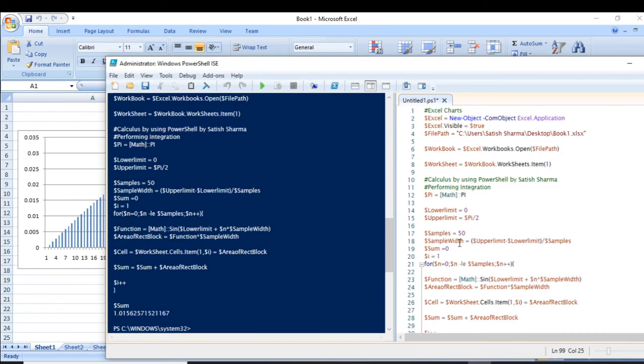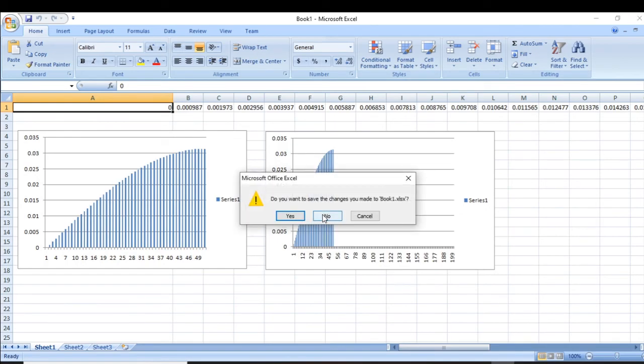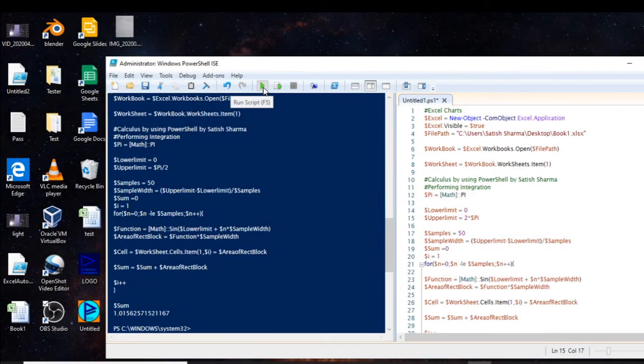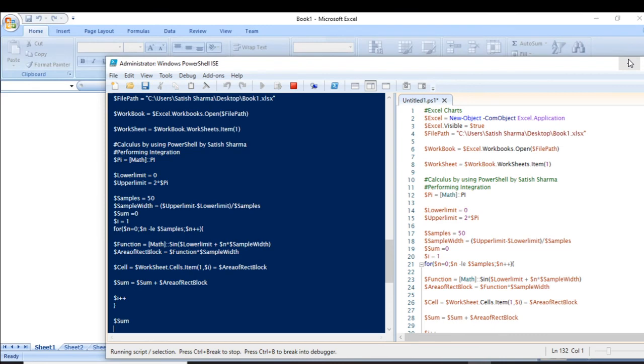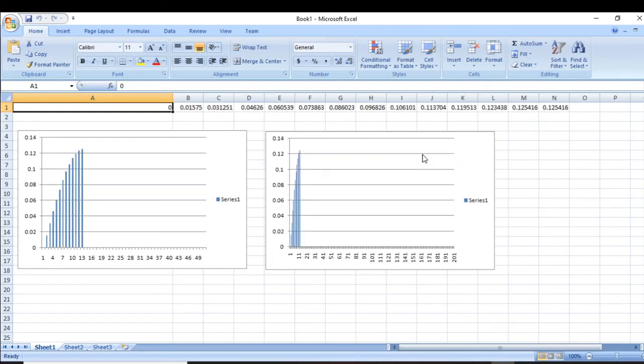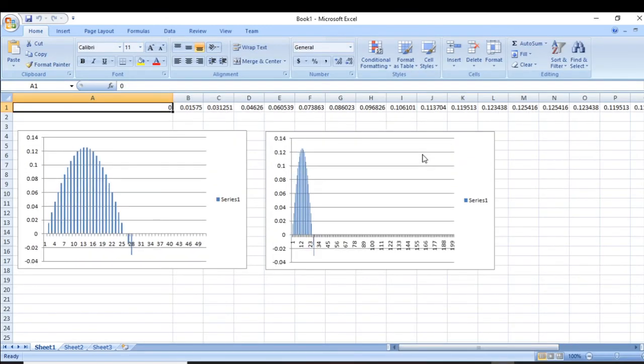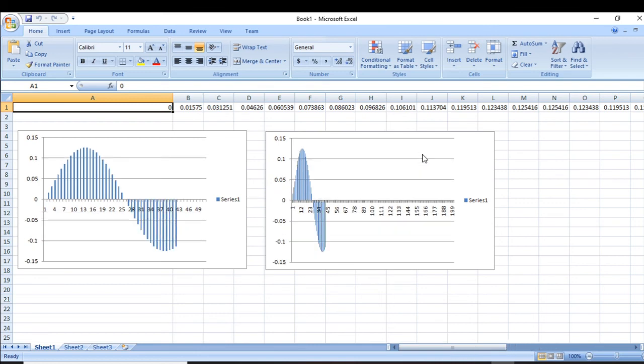1.0156. Now let us plot the whole function, meaning let us plot for 2 pi. Let me first close it, and then you will be able to see what I mean. See how it is plotting. These are all rectangular strips, and from these strips you can create the whole function.